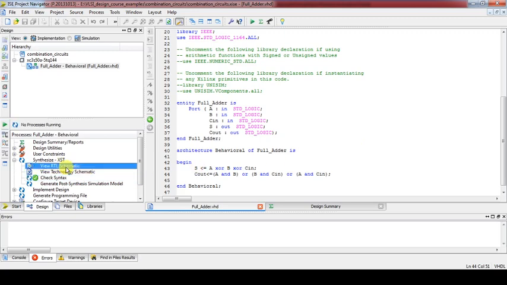So we can immediately see the synthesis report. Let us open the view RTL schematic, so we can see how the synthesis tool will convert these statements into a gate level netlist.